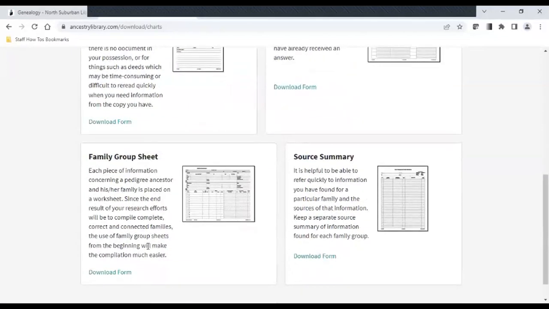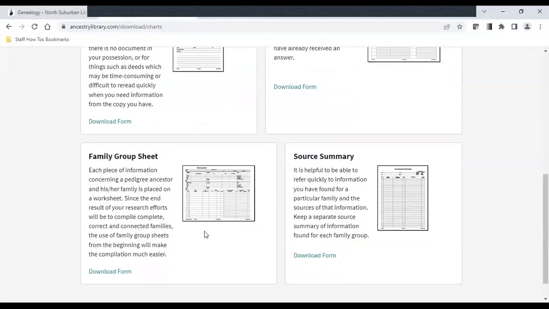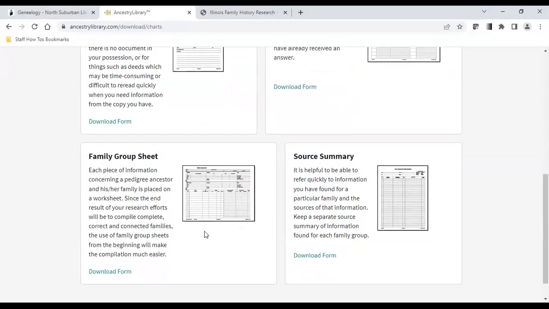The family group sheet is a way to keep track of how families are connected, and to track how families have intermarried, how they have